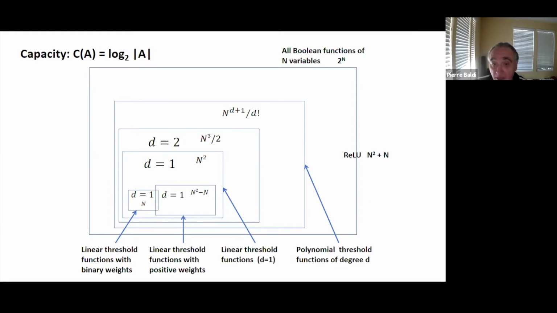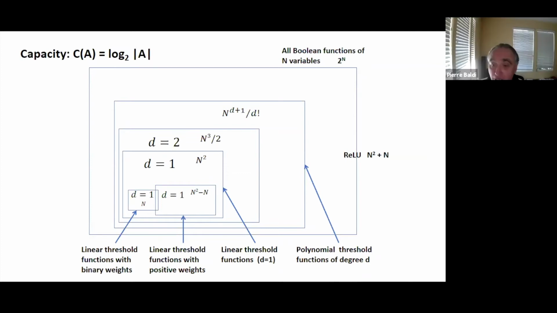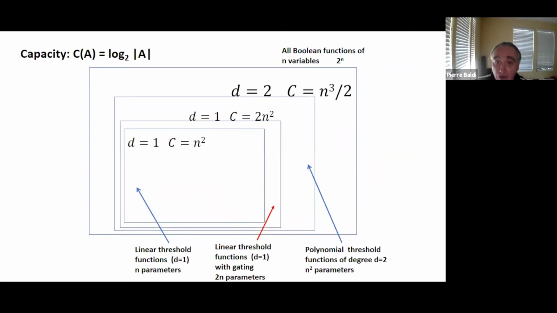So now you can say, with attention, how much do I increase that number, right? So if I have a linear threshold unit that is gating another linear threshold unit, what is the number of new functions that I can compute? And I'm not going to go through the details, but you can prove that it's 2n squared. So you are doubling the capacity, but you're also doubling the number of parameters, because now you have 2 threshold neurons. So in a sense, it makes sense. You double the number of parameters, but you also double the capacity.